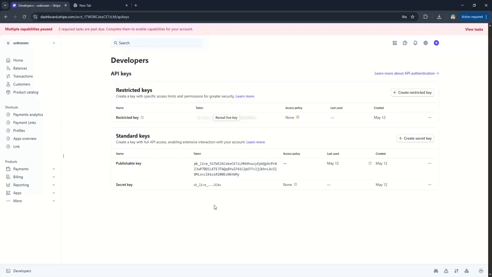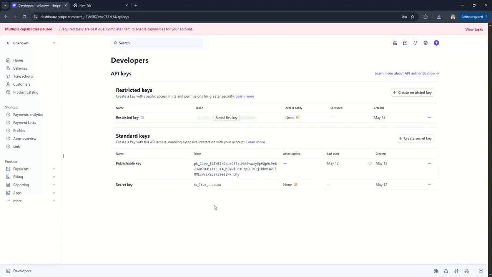If you're using a popular e-commerce platform like Shopify or WooCommerce, there are plugins available that make this integration process easier. Simply install the relevant plugin and follow the setup instructions provided by the plugin to connect it with your Stripe account. After integration, you can customize your payment forms and checkout experience through the Settings option to match your